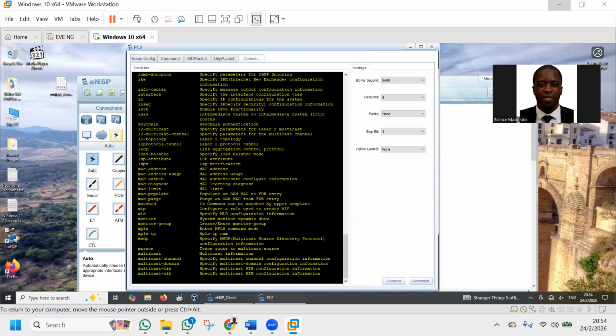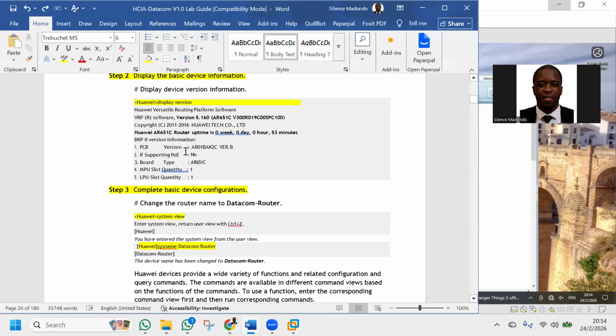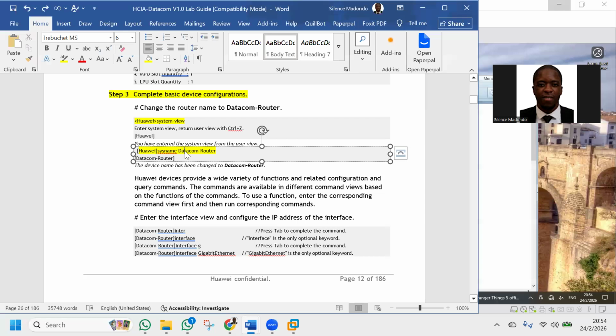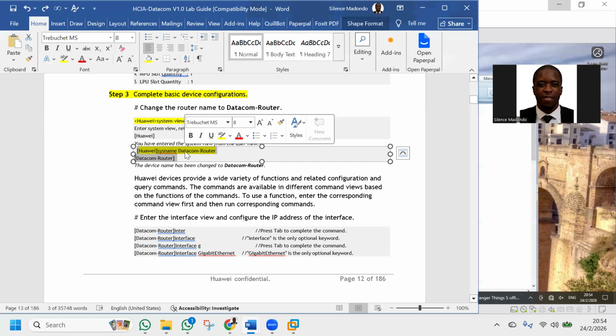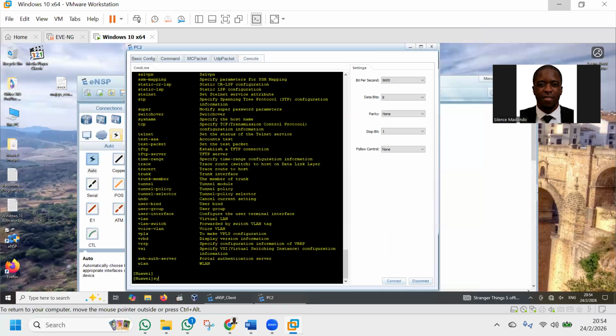All these commands, we can have them currently in system view. The specific one that we want is to change the name of the device. You can use the sysname command to change the name of our device. So I'm going to type in sys,